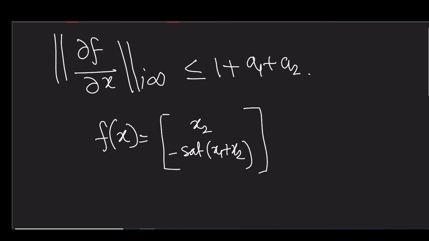However, we can check the Lipschitz property by doing similarly f(x1) minus f(x2). So what we'll get here, if we take the saturation function, the typical property of the saturation function is that